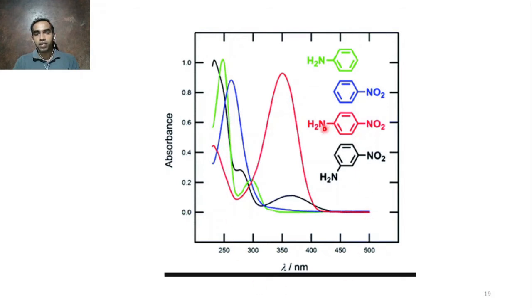Okay, now you have para-nitroaniline. See this one, there is a red shift. From aniline it has come to, or if you consider nitrobenzene as a first example, you can take any one of these to compare these two. So you consider nitrobenzene is coming at around 270 or 260. If you see the peak height here, something around 260. So if you introduce amine at the para position, what happened?